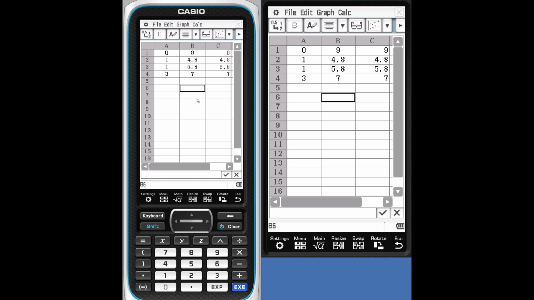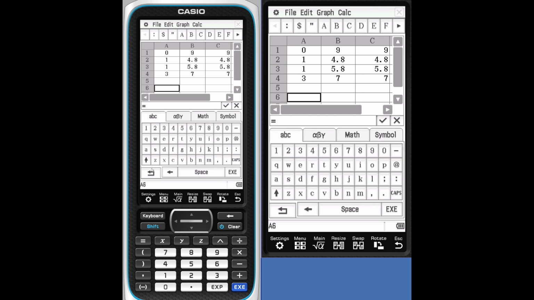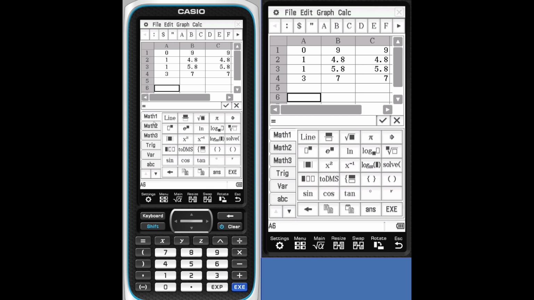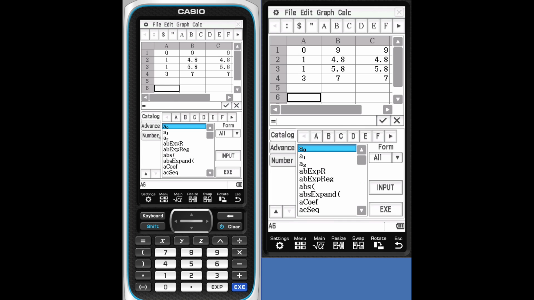All right, so let's do some formulas. Let's calculate some things like the mean of list number 1 here. So let's type equals to get our information. We'll pull up our keyboard. We'll go back. We'll find our mean. Our mean is going to be in our catalog. We'll toggle over a couple times so we get to M.